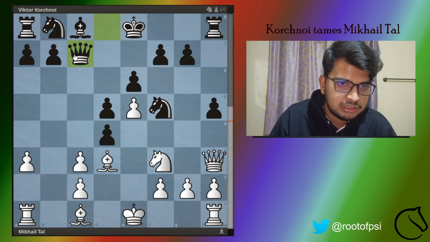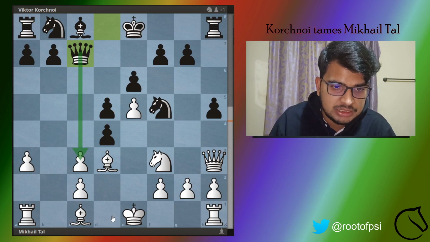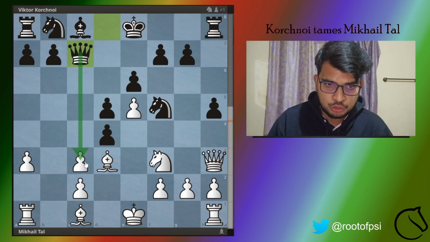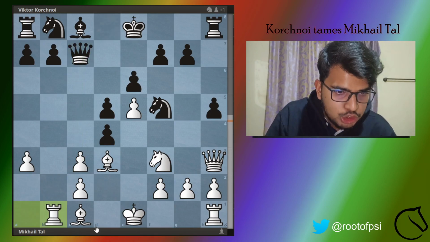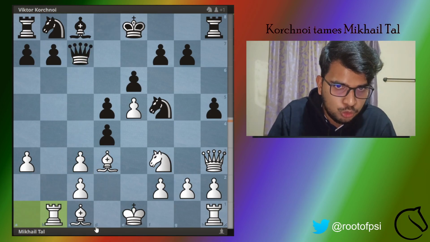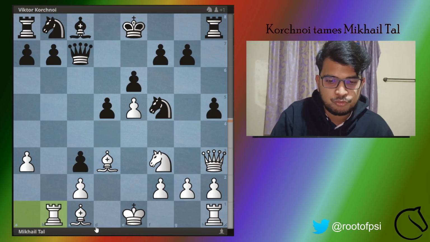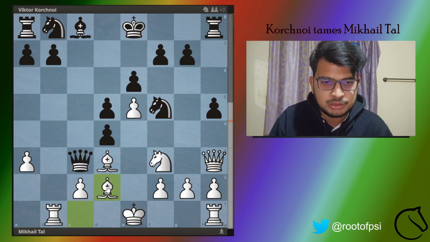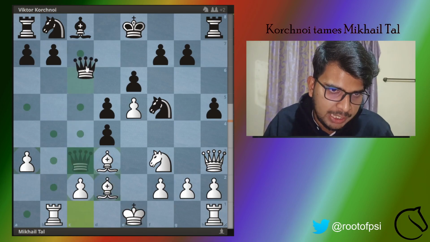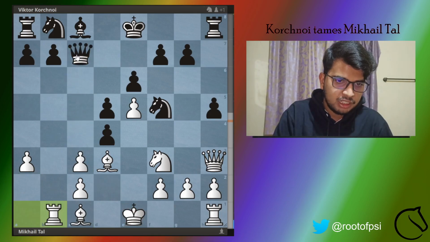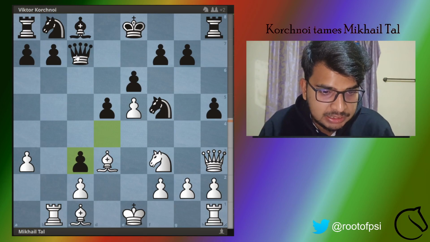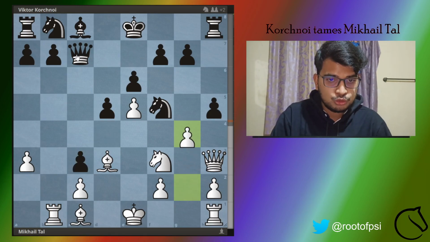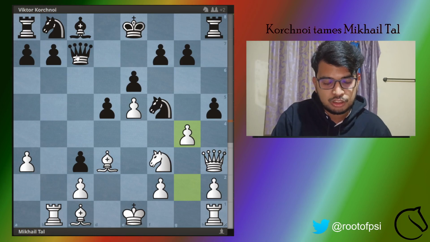We have queen to c7 from Viktor Korchnoi, and you can see that it is putting pressure on the c3 pawn, attacking this king and this rook, which would be deadly. So Mikhail Tal sees that and plays rook to b1, and we have takes from Viktor Korchnoi. Taking with the queen is not advised because the bishop can just block and you would have to go back. So in turn we have d takes c3 from Viktor Korchnoi, and Mikhail Tal plays this cool looking move of